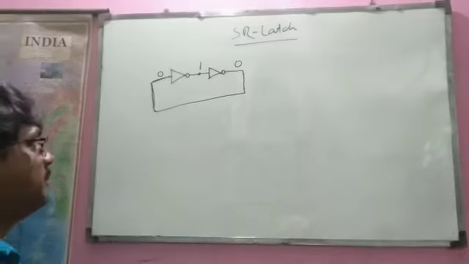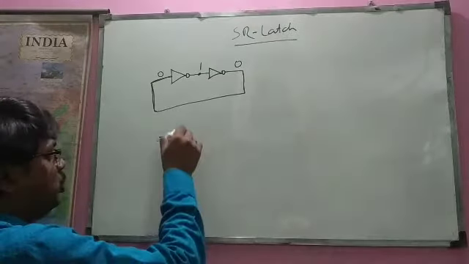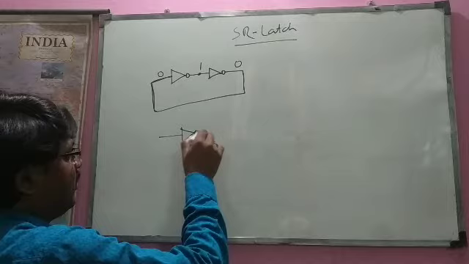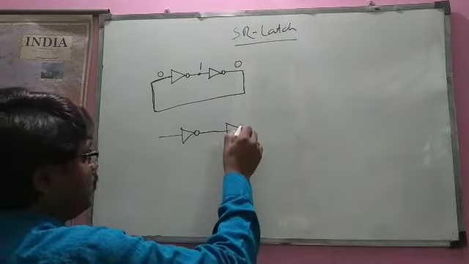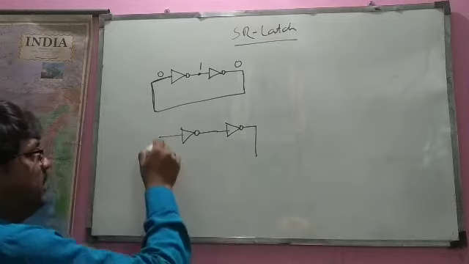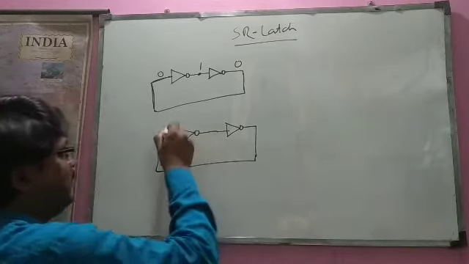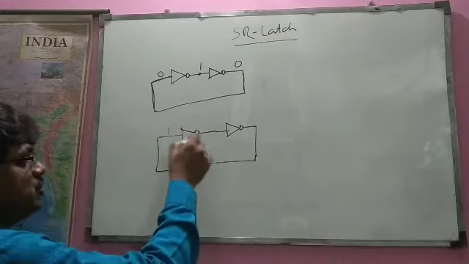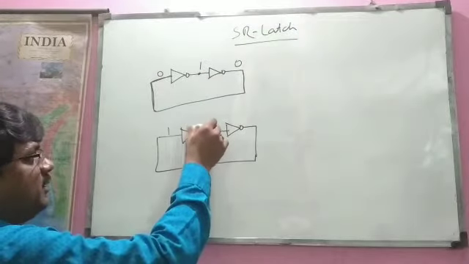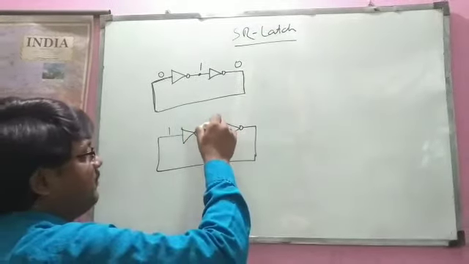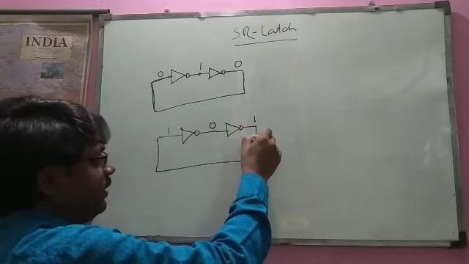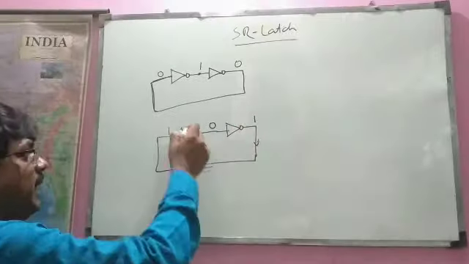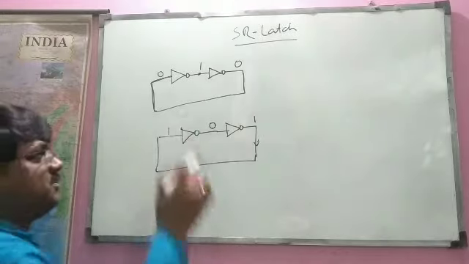And see the other case. Let us suppose you will say, no sir, you have taken here 1, that's why it is coming. No, that is not the case. Let us suppose here it is 1, so it is not gate, so what will be here? It is 0, and this is again not gate, it is 1, and this 1 is coming back into the input of the first gate.